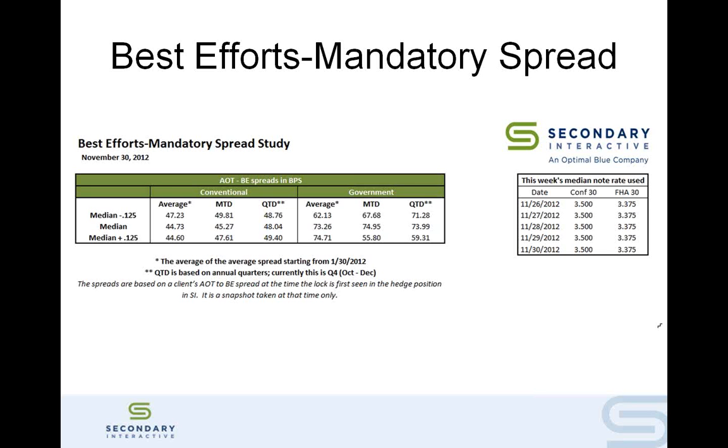Essentially, when you're trying to identify what that spread is, it's kind of tempting to look at one investor. So you look at what Wells Fargo's best efforts is today versus what Wells Fargo's mandatory is today, and say that's the best efforts mandatory spread. The reality is, though, that that's not how our clients or most clients are operating. They're doing some sort of best execution across multiple investors, maybe on a best efforts side, maybe on a mandatory side, and backing off a margin off of that, but doing some sort of best execution on the front side, and